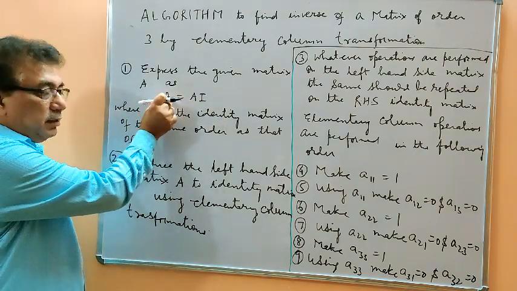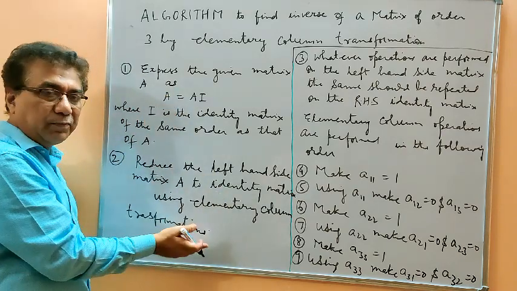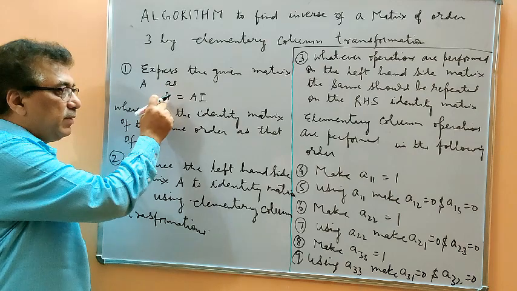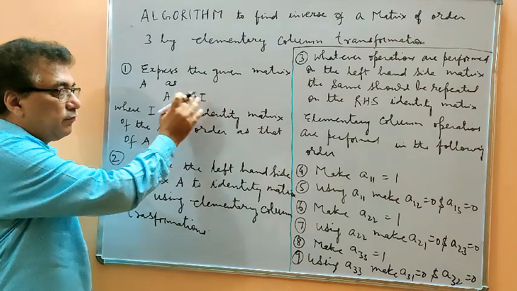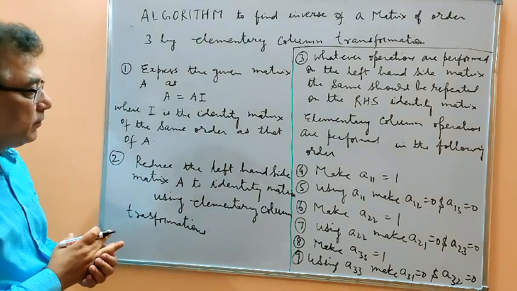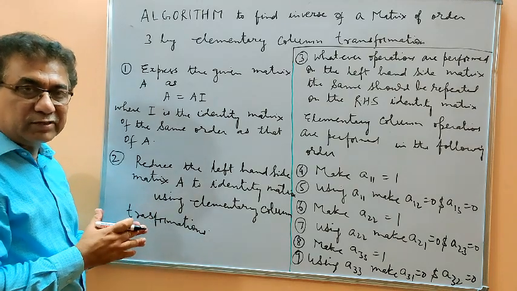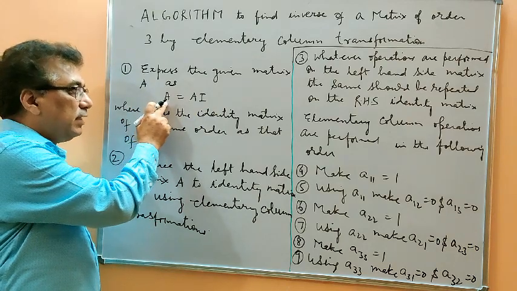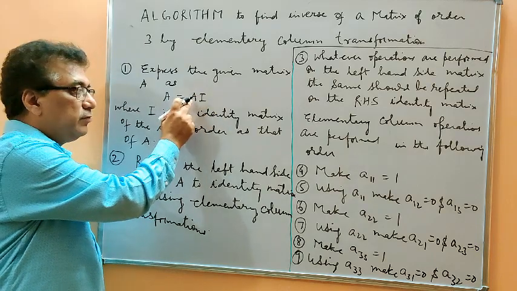Okay, then reduce this matrix into the identity matrix by a sequence of elementary operations, and whatever operations you perform on the left hand side matrix, that is A, the same should be done on I, because we are going for column transformation, and by the product rule, you all know that the multiplication of two matrices is possible when the number of columns of the first is equal to the number of rows of the second. So by that reason, whatever operations we do on this A, the same should be performed on I, and this A should not be disturbed, it will be as it is.